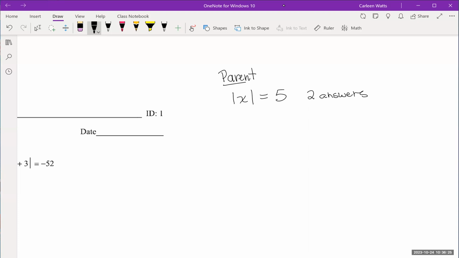So x could be 5 or -5, because if I put 5 in, the absolute value of 5 is 5. The absolute value of -5 is also 5. So the parent graph for absolute value, we are expecting 2 answers. Now,